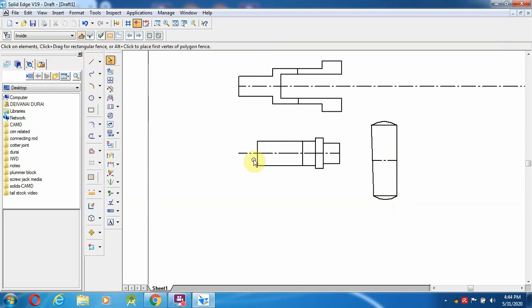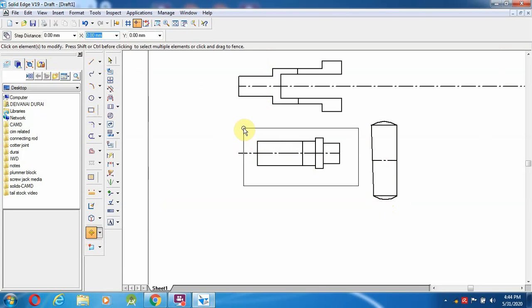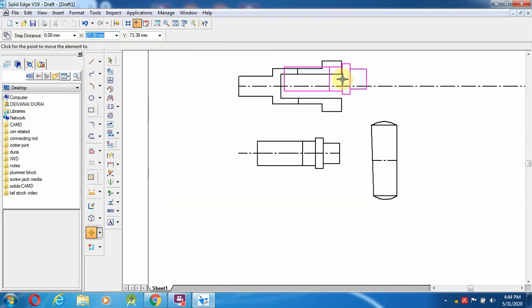So after creating all these things, we are going to arrange. So go for the assemble, move option, select the thing. So from this end it has to go and fix over here.